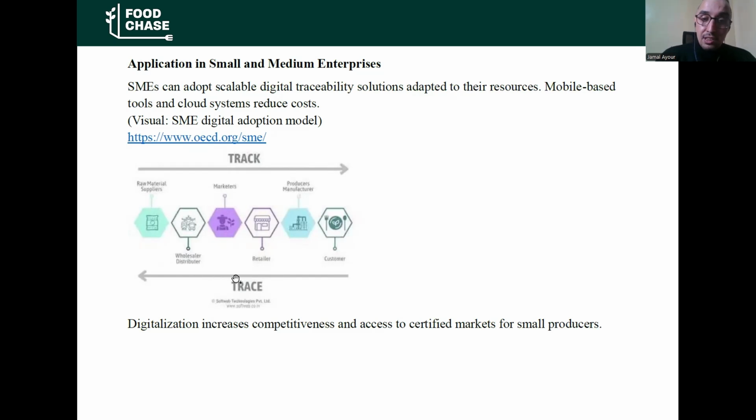As you can see in these pictures, the tools are applied depending on the nature of your product and the stage of manufacture in the supply chain. Digitalization increases competitiveness and access to certified markets for small producers.